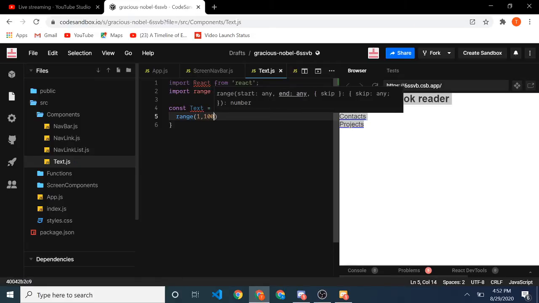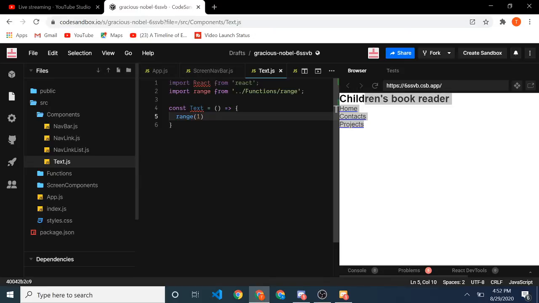And what do we do? So you can skip by 2, and that should be okay. So what we do is the range function works. So you can use this to iterate over the text, and in our text.js